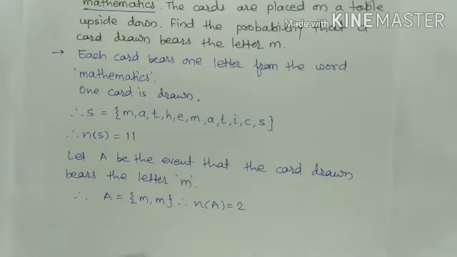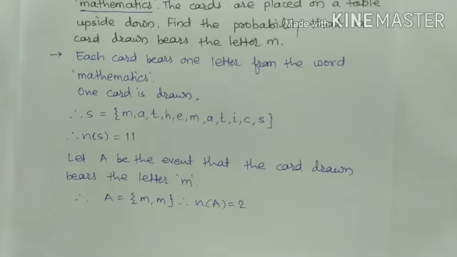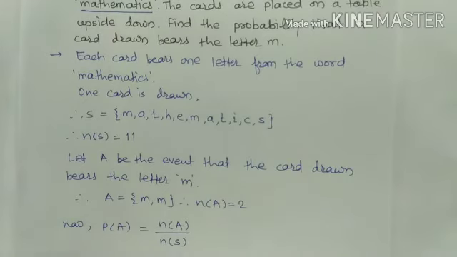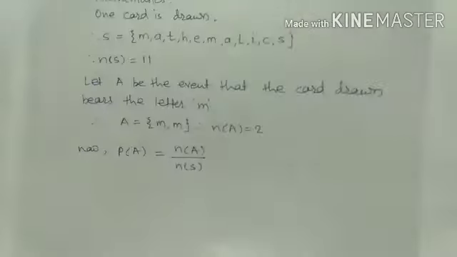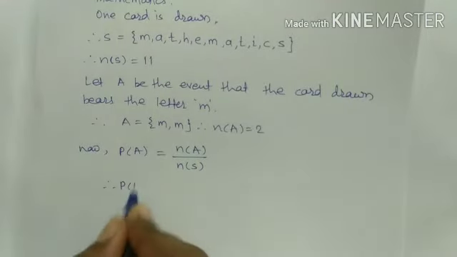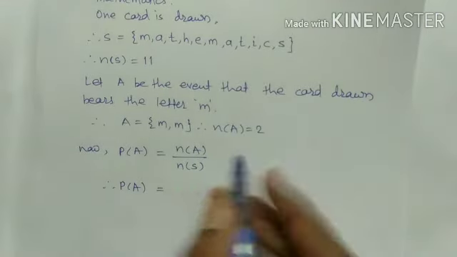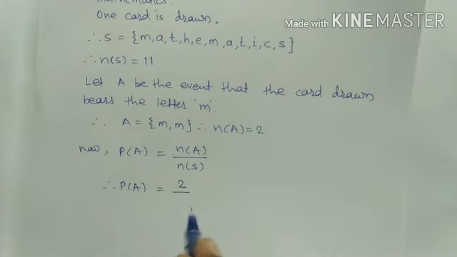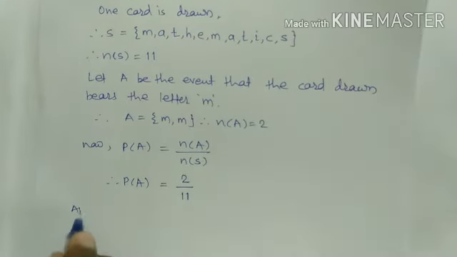Now we have to find the probability of this event A. Probability of A equals number of A upon number of S. Here number of A equals 2, number of S equals 11, and therefore the answer is the probability,